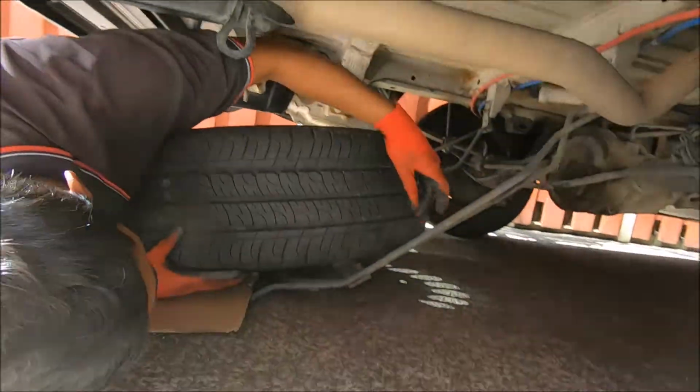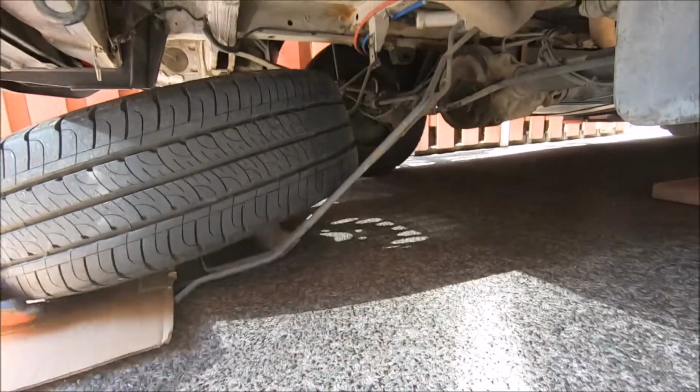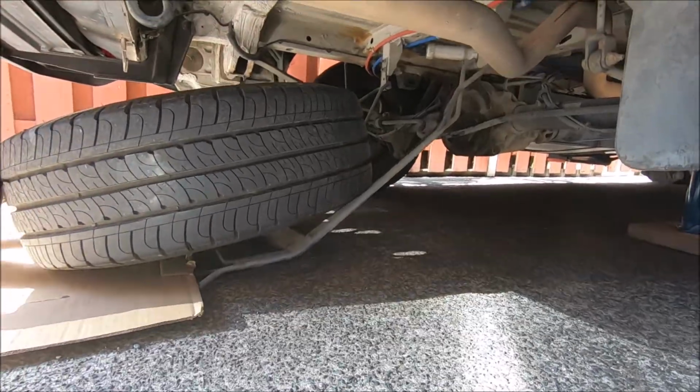This is how you put the tire in. You slide it in. When you're finished with it,